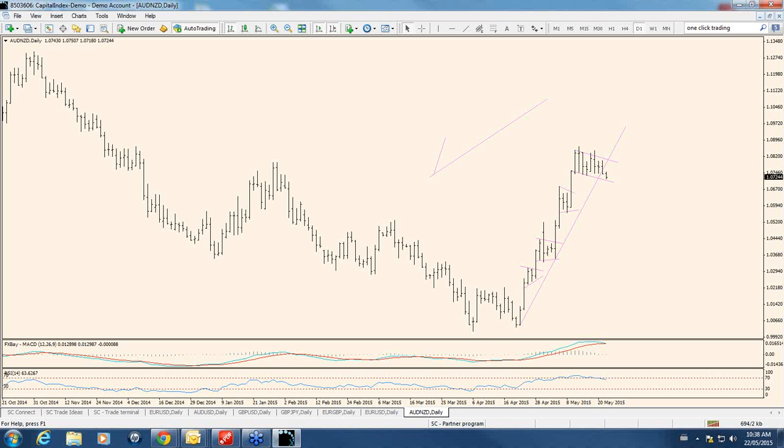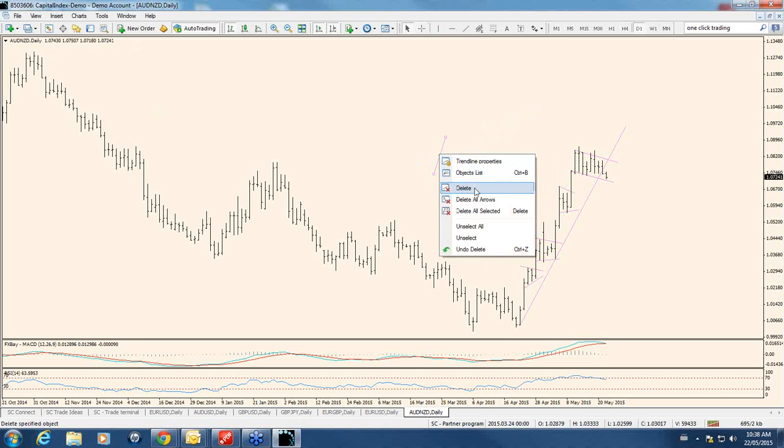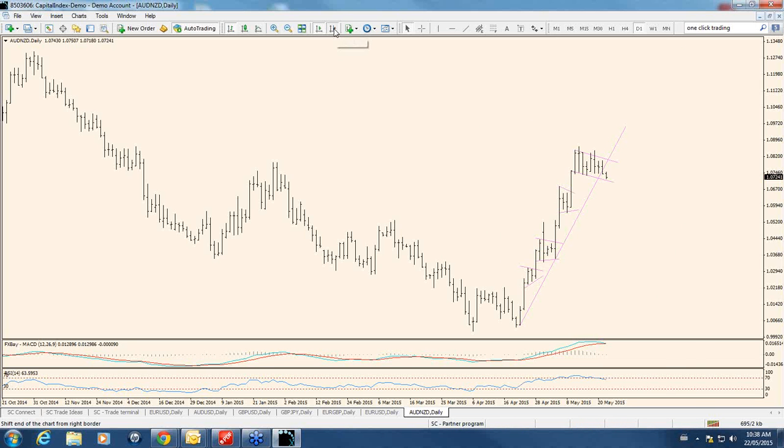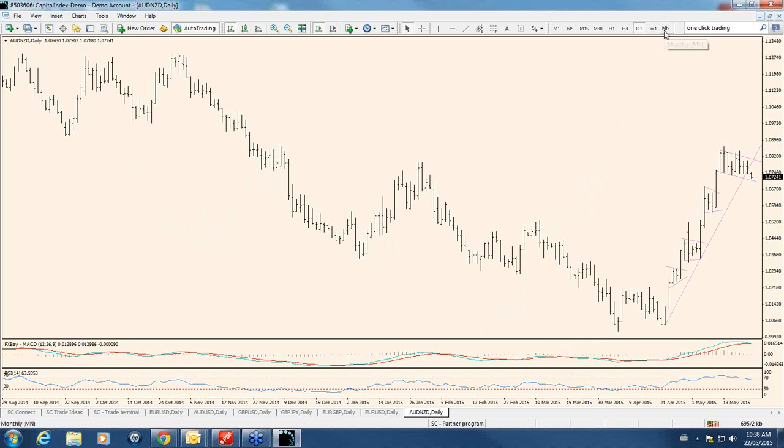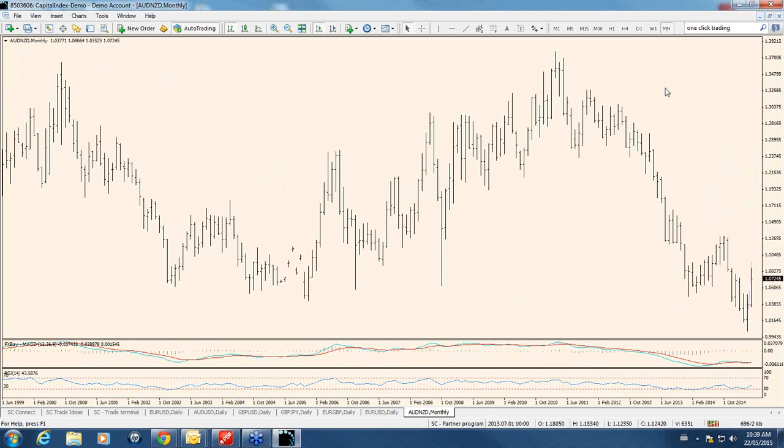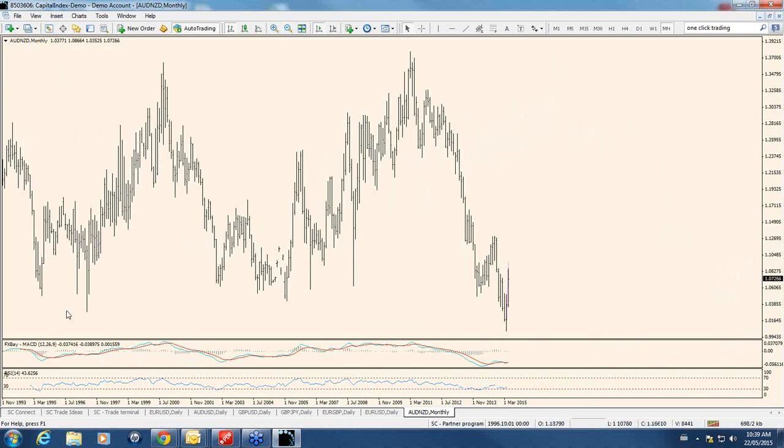Right, so prop checklist. Okay, so I'll just go to this AUD New Zealand and analyze it for you in a larger time frame. If you guys have got any questions, please ask. I was keen to talk about that, that's why I went straight here. But I'll just go to monthly so we can see. On monthly, it's a funny one because